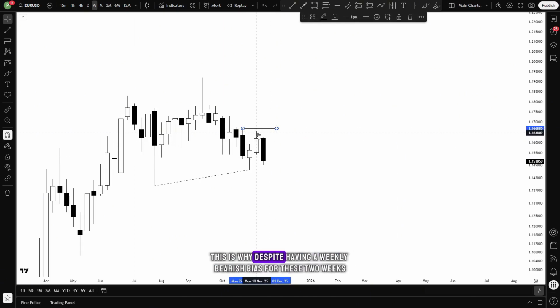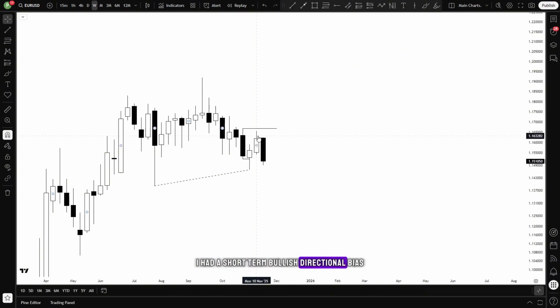Okay, this is why, despite having a weekly bearish bias, for these 2 weeks I had a short-term bullish directional bias. And with that bullish directional bias, I took a bunch of bullish trades during these 2 weeks. And I've been transparent about my executions, and I've shown you both the losses and the wins and shown you